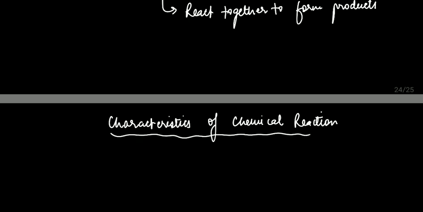So, what are the traits which are going to help us designate a particular process as a chemical reaction? There are multiple ways to find out whether a chemical reaction is taking place or not. So, the very first that we can add,